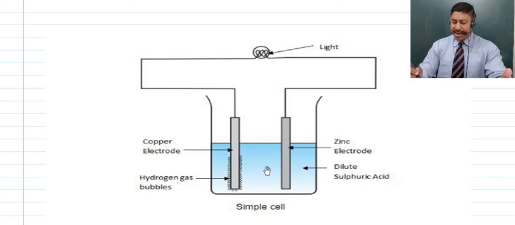So when these electrodes, which are the pieces of metal, are kept in an electrolyte, which is the ionic liquid,